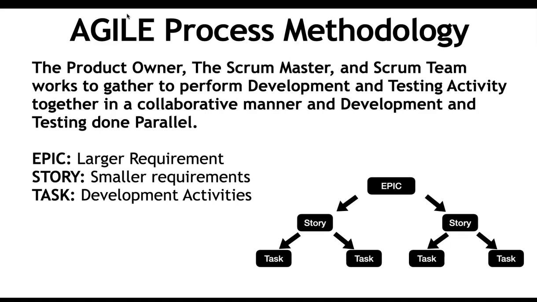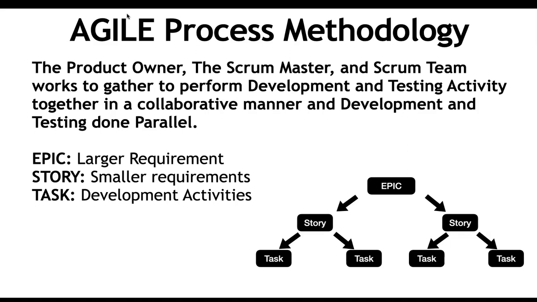Basically, in Agile process, the complete team involves the development team, testing team and product owner. The product owner is the person who talks directly to the customer and who estimates the plans and release dates, and the Scrum Master who automates the process. Basically, he is the mediator between the product owner and the development team and testing team.